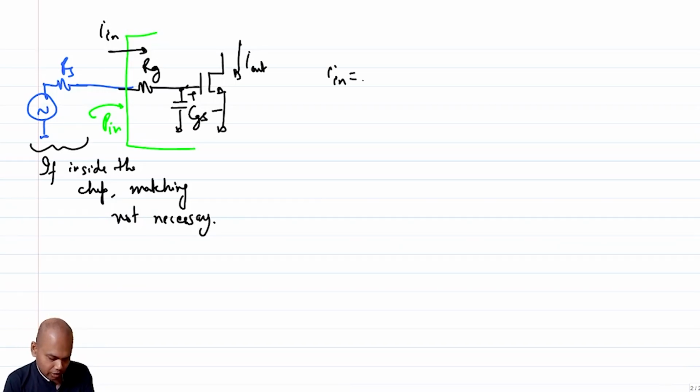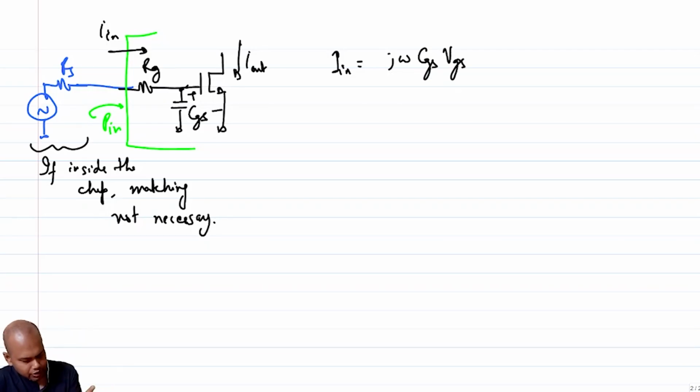So I in is basically j omega, if I just write the amplitude part of it, so I in is basically j omega CGS times VGS, right? So VGS is the voltage across the CGS capacitor. So the admittance of the capacitor is j omega CGS. So the current through the capacitor is j omega CGS times VGS, which is effectively equal to I in also,